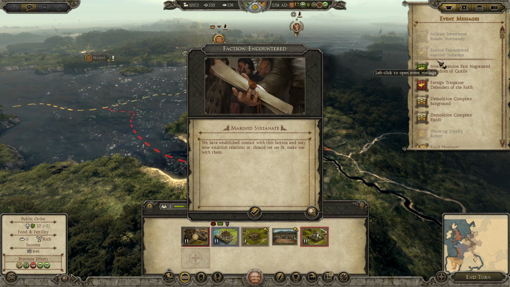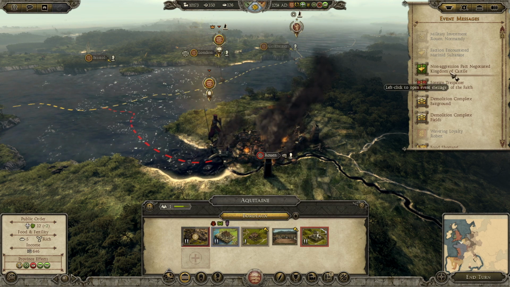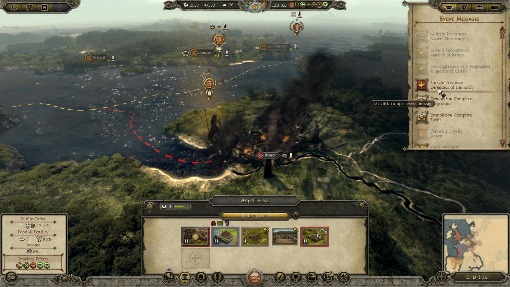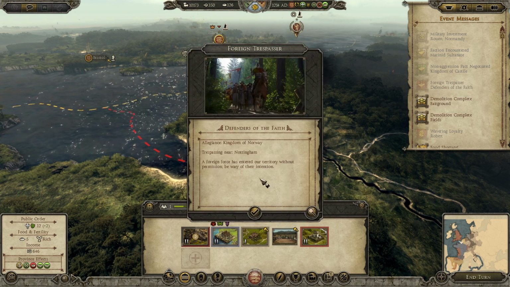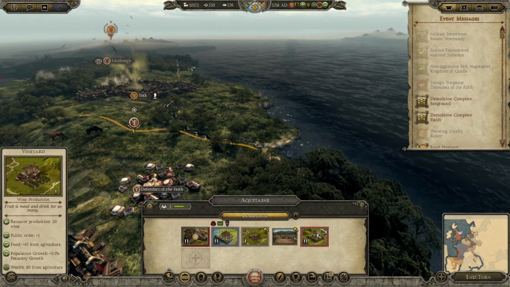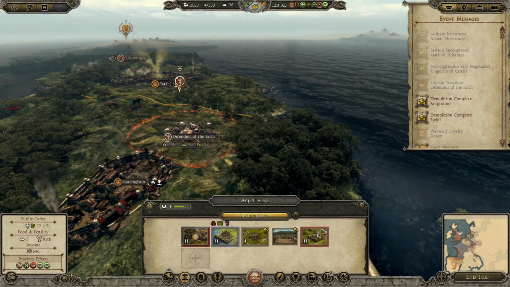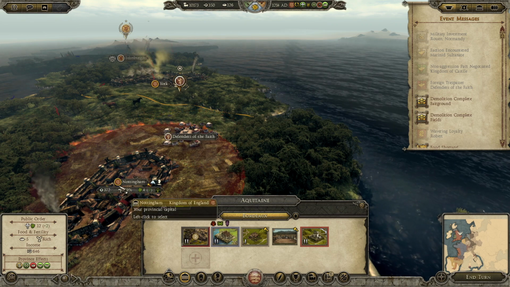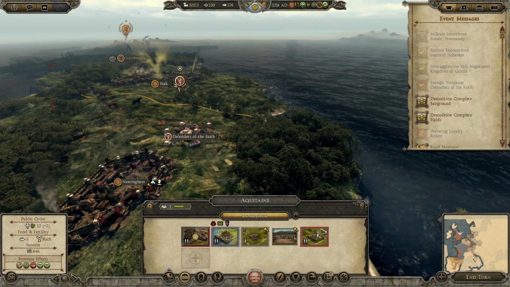We've encountered a new faction. We have our non-aggression pact, and we have some defenders. The Kingdom of Norway has decided to trespass and camp out on our lands here, right here. They've camped right outside of Nottingham. So it may be that what I have to do